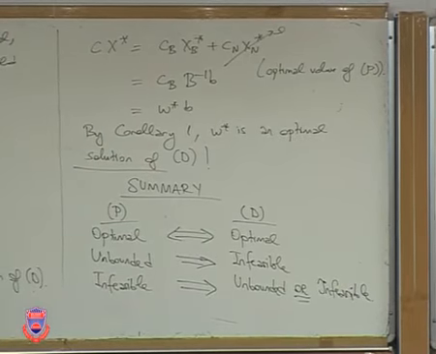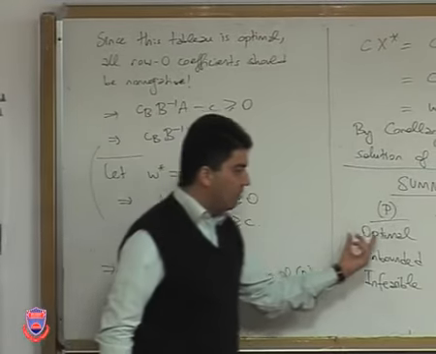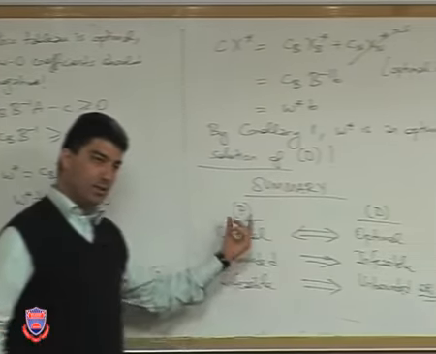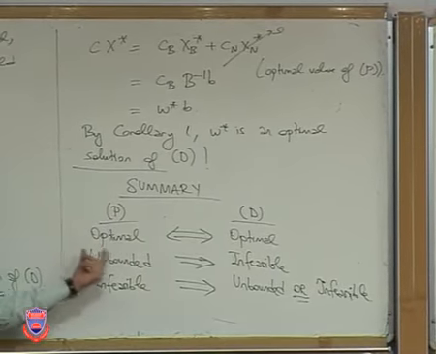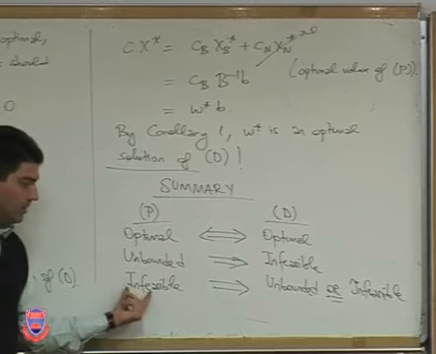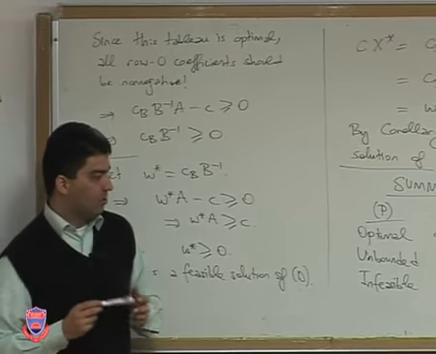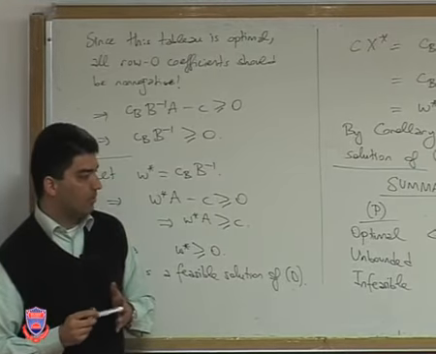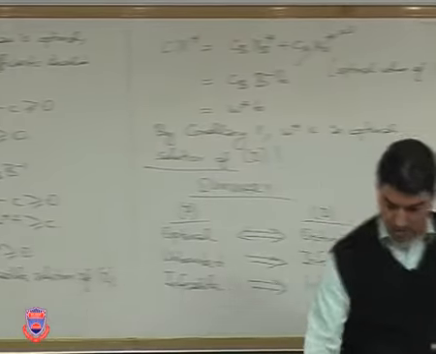Okay, so as a result, this is the full relationship between the primal and dual problems. If any one of them has an optimal solution, so does the other one. And they have the same optimal values, so that's the first case. If any of these two problems is unbounded, the other one is infeasible. And if any of these two problems is infeasible, then the other one is either unbounded or infeasible. So these are the full sort of picture of relationships between the primal and dual problems. Okay? Questions?